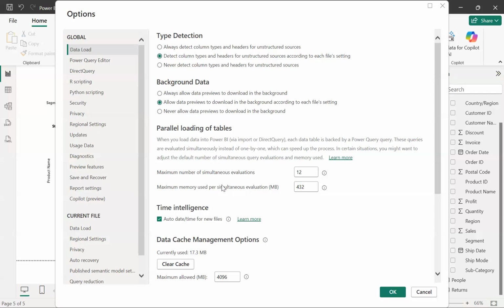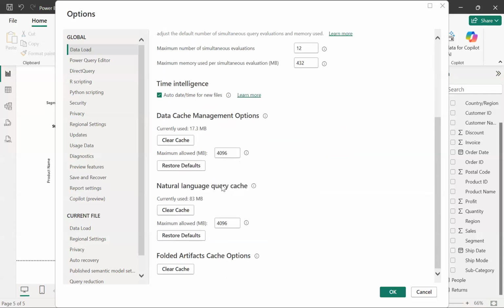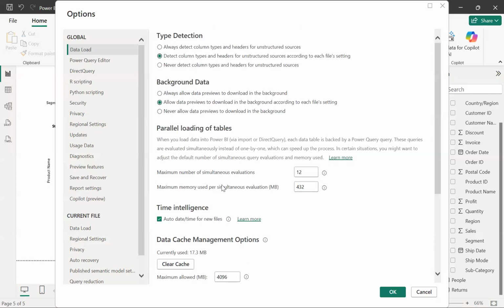Now you can see, guys, that we have all this information here. This tells you what functionalities are enabled and what functionalities are disabled. If you are good at coding, and you have Python software or R software in your system, and you are doing something in Python and R, and you want to bring that code into Power BI.